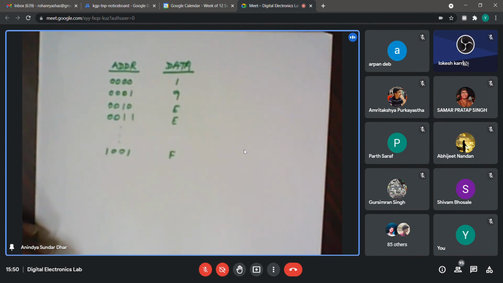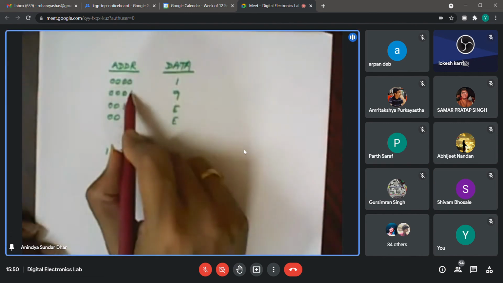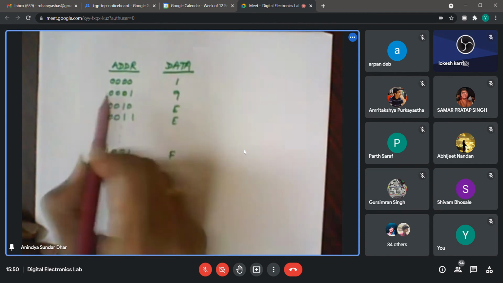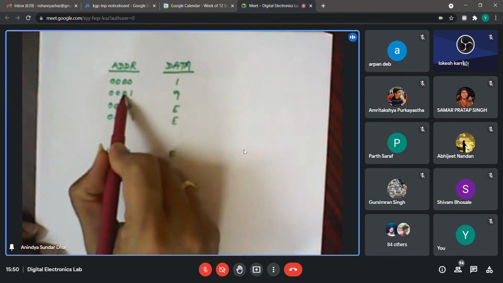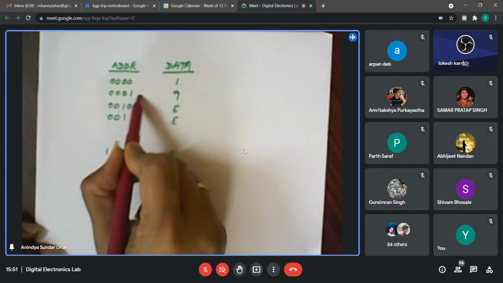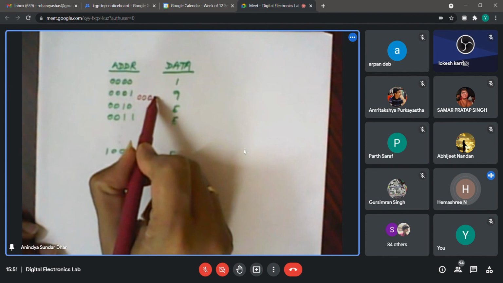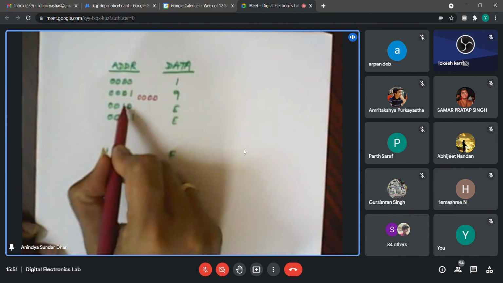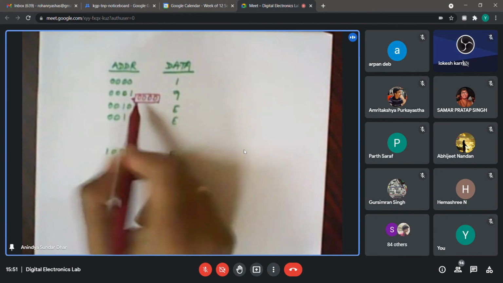Anyone can unmute and say? The first one, when 1 bit is changing. So then what will happen? Rather than attaining 0010, there will be a short-lived state, right? After 0001, before going into that, this one would change first, while the other has still not changed. So there will be a short-lived state of what? 00, right? Then this one will change. So there will be a short-lived state in between as 0000.